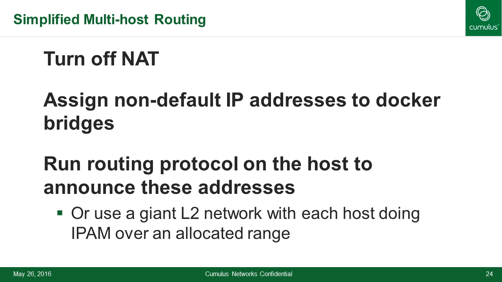You can also, from the purposes of when I was explaining all of this to some other people, they asked me, can I not just build a giant L2 network with each host doing IPAM, that is IP address management, over a smaller set of that subnet, so that I'll have host 1 with a bridge and host 2 with a bridge. And essentially both of them are having a subnet which is common across them, but both of them are allocating IP addresses which are a subset, so they don't stomp over each other as containers are spun up. And can I make a giant L2 that connects all of this together?